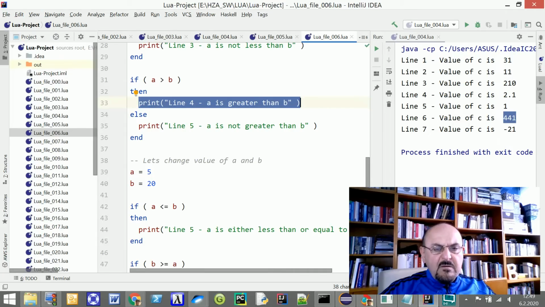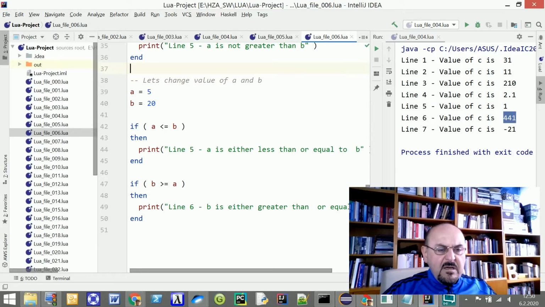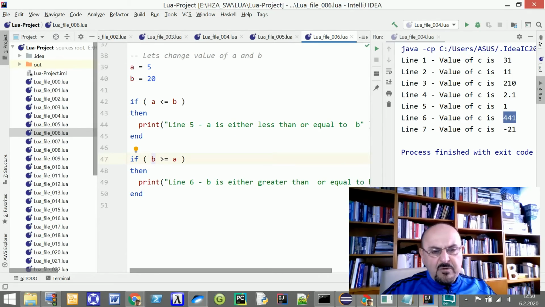And in this part, I change the values of the variables a and b, and in this case I repeat the comparison, this time by showing an example of the less than or equal to relation. a less than or equal to b means a can be less than b, or a can be equal to b. Similarly, I give another example for this one: if a is greater than or equal to b, do this, and so on.